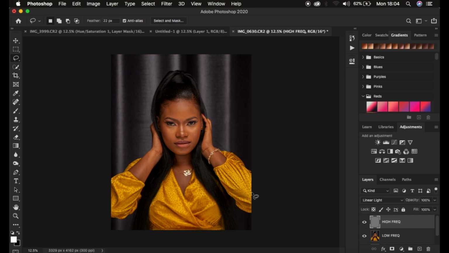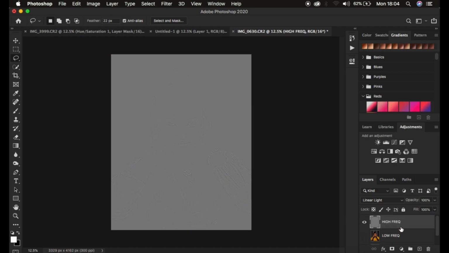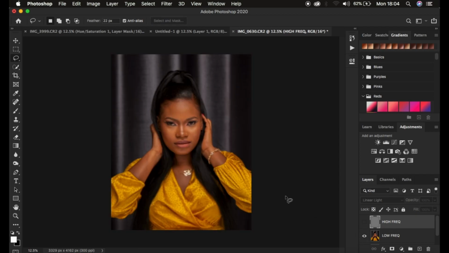So after we have done this, you can notice that if we turn off these layers, we only have textures in this upper layer, and if I only turn on this layer, you can see that it is lacking the details and it is only having colors. So we have separated the frequencies of the image, and there is no difference between the original image and our